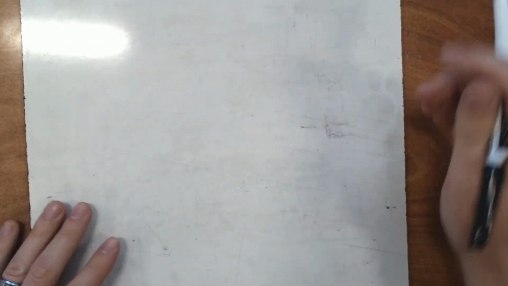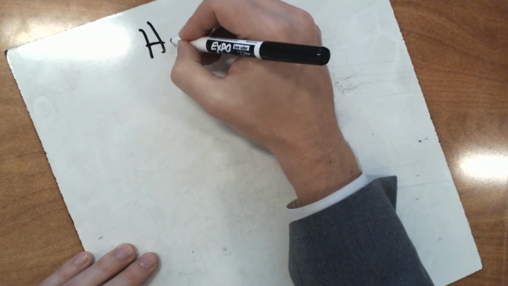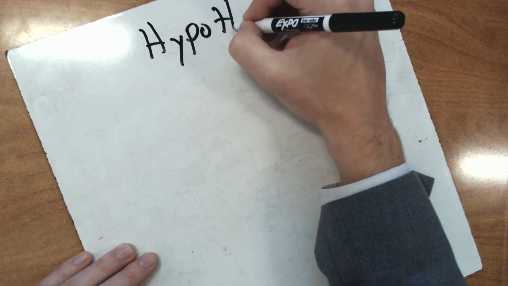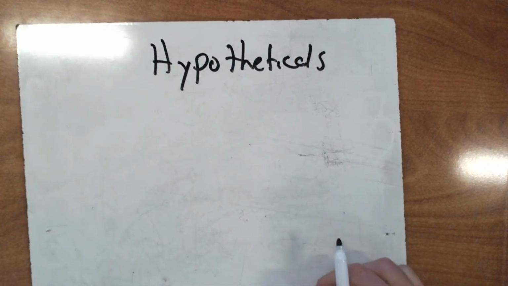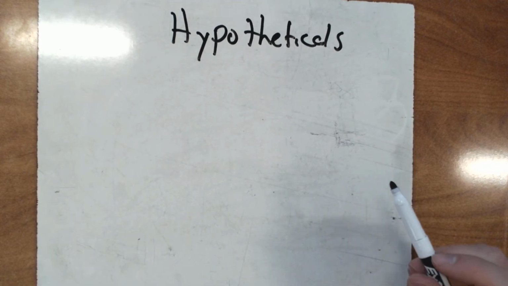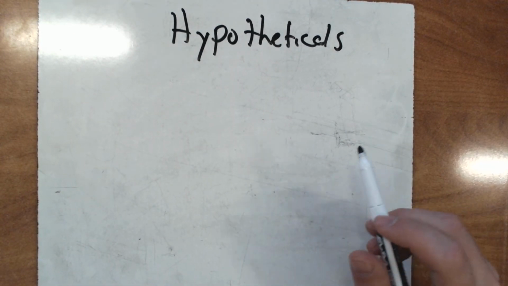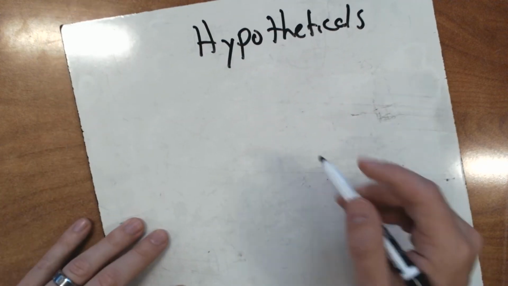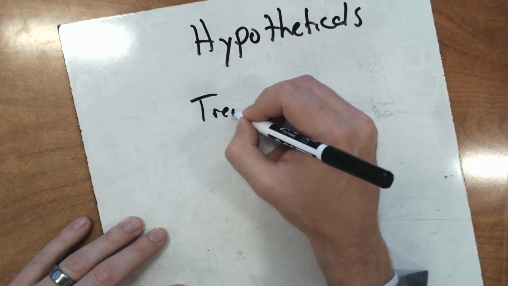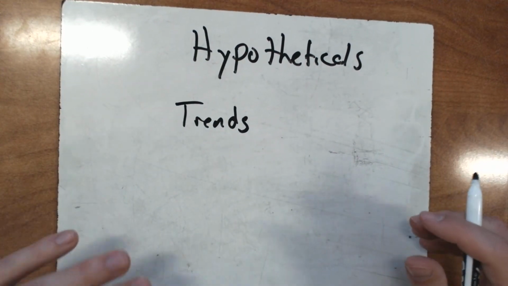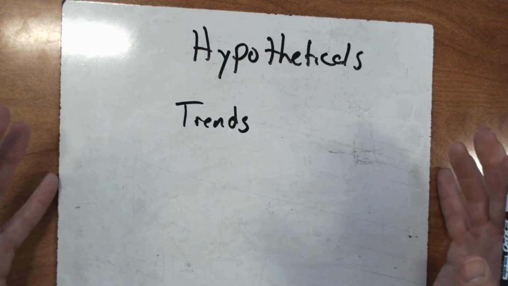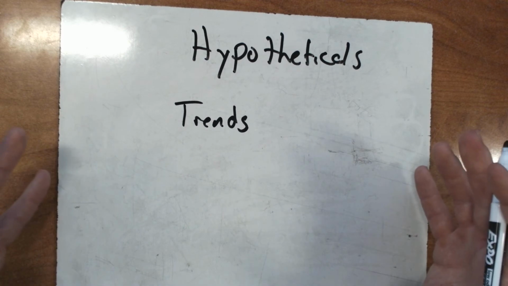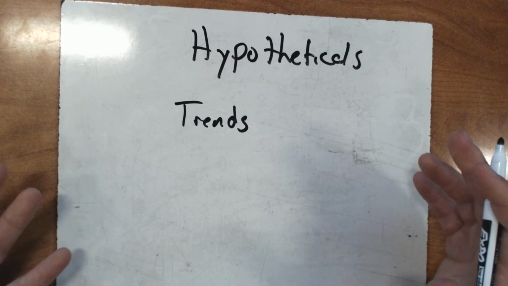The second type of question that you might see is what's called hypotheticals. Hypotheticals are questions about making predictions based on the information that you are getting. So this is really similar to, in the last video, I discussed the concept of trends, being able to make predictions based on what you are seeing. Hypotheticals are going to have an extremely similar situation. And I'll show you an example of a hypothetical